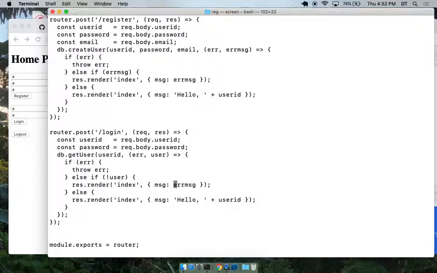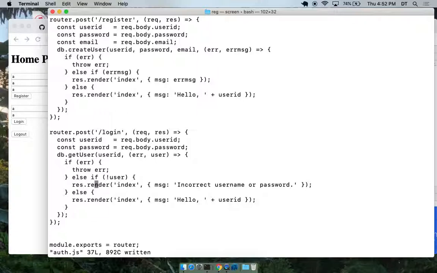It'll be username or password incorrect. I'm going to say it differently: incorrect username or password. I like that better. We don't want to tell them it's the username. We know it's the username, but we're not going to tell them that.